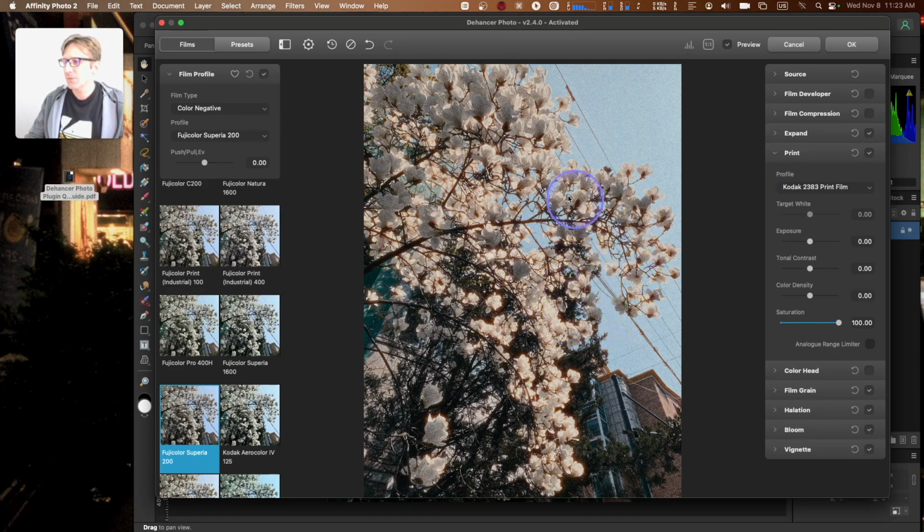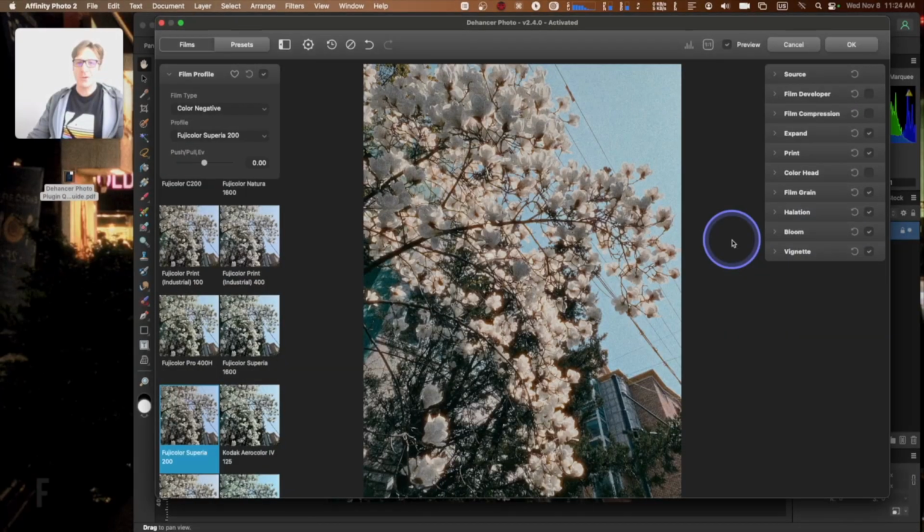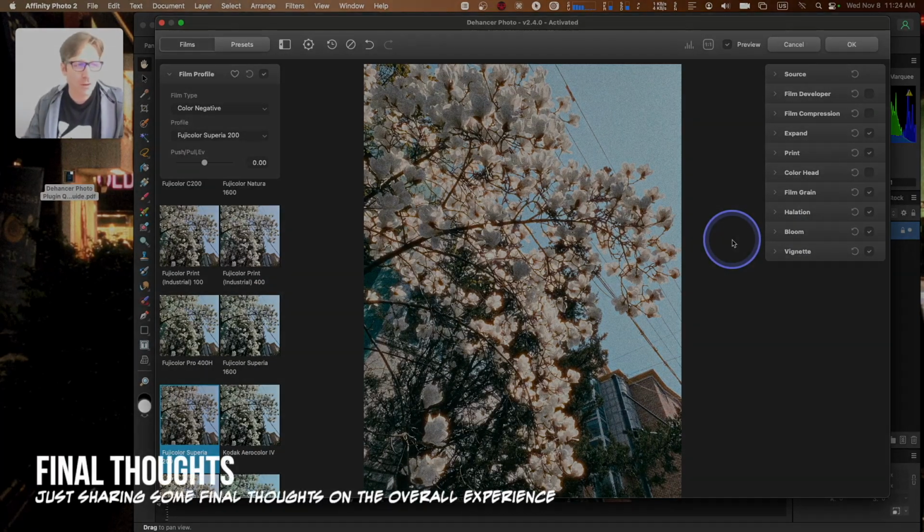The 2383 feels more saturated. And this one feels even darker somehow. I'm gonna go with the Fujifilm. I don't know. I feel like that pretty much wraps up the